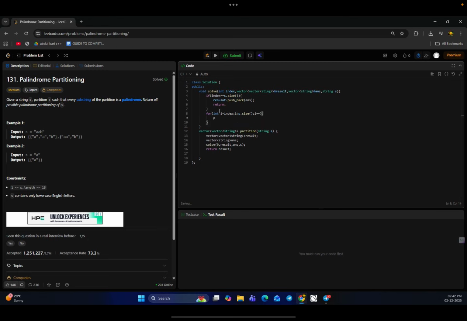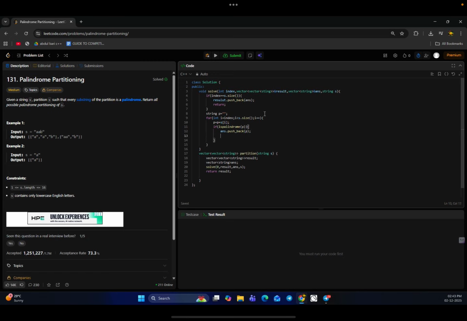and first we will have to take a string, so initialize an empty string, so that we can add the characters in that string. Okay, just a second. Yeah, empty string p equals to p plus s of i. Okay, now if this p is palindrome, we'll write this function palindrome. If palindrome is true, then what we have to do, answer dot push_back p,